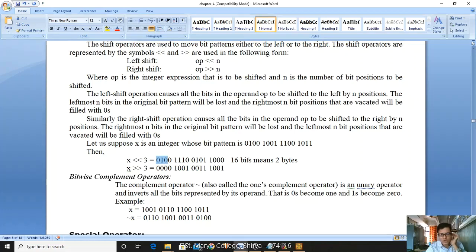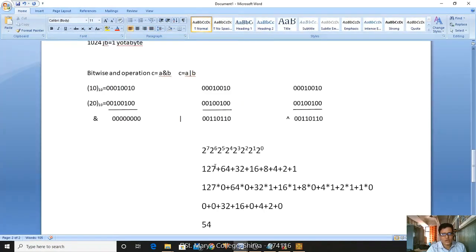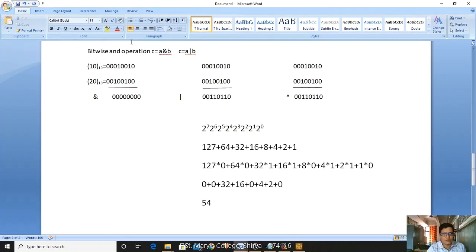Okay, now let us see the sample example here. Already we have taken this, maybe it is right or wrong. I think it is wrong. What is the value? It is 1010. Actually 10010 is there, it is wrong. We made a mistake here, that is why we got 54. Okay, if you observe here 1010, let us see 2 power 0, 2 power 1, 2 power 2, 2 power 3. What is the 2 power 3 value? 8. 2 power 1 value is 2. 8 plus 2 is 10. So here we made the mistake.